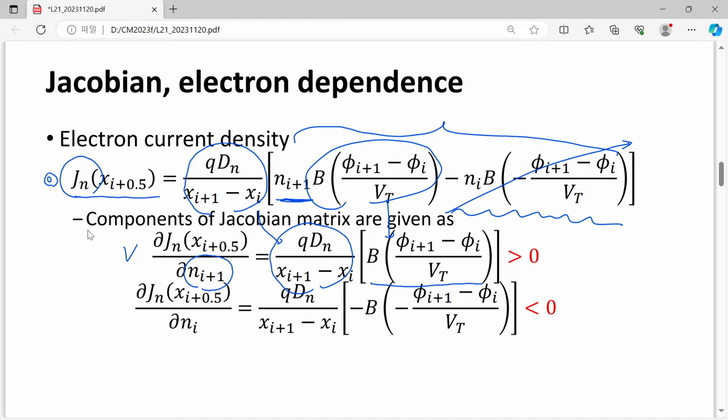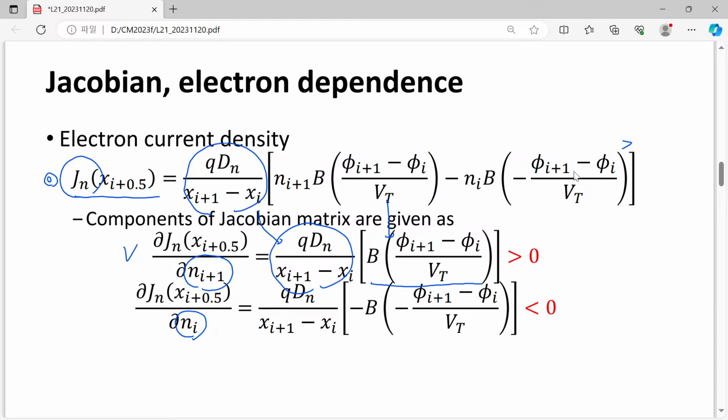And another one with respect to n sub I, then the case is the opposite. The first term goes away and the second term gives us just a minus Bernoulli function. So what does it mean? What it means is, okay,